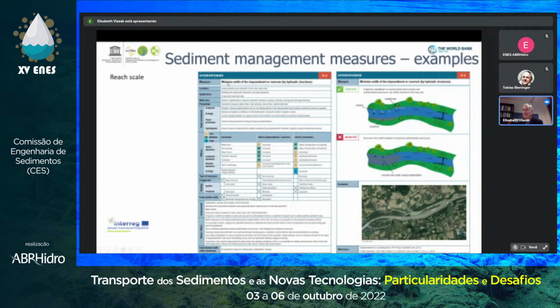But what do we have here? For example, minimize the width of the impoundment or the reservoir. So we have to look into the reservoir in a way, because we think nowadays that, of course, when it comes to runoff schemes in this case, we have to have a certain transport capacity when we have a flood and when we want to open the gates, so that the sediments can be passed forward downstream, in this case of the reservoir, of the impoundment. If it is very wide, then we get extensive river sedimentation of material, and this is then a planning issue.